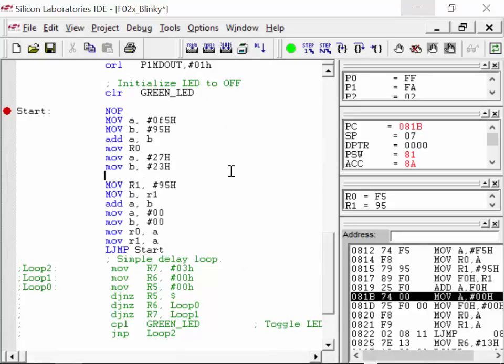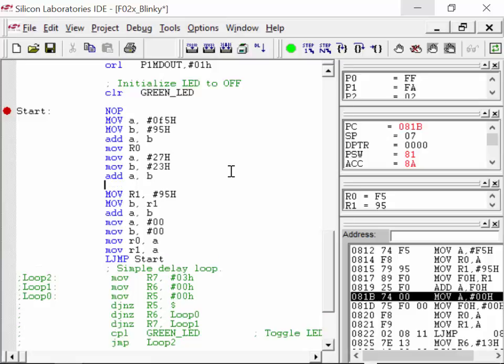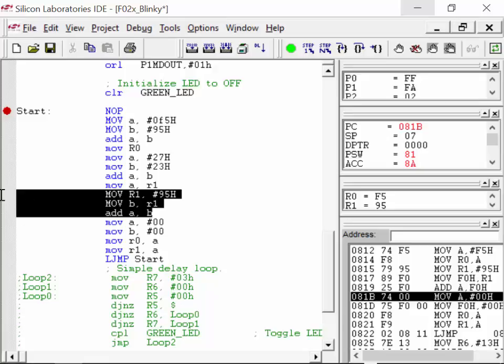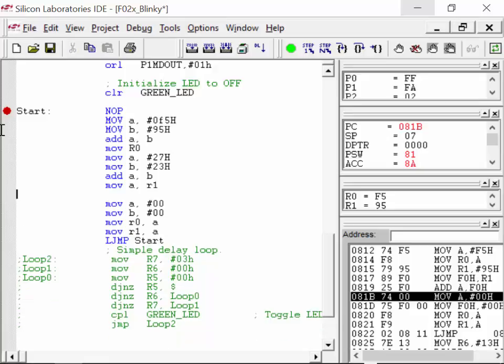Now I'm going to do an add AB, and move A to R1. Now this is going to give me the wrong answer. And the reason it's going to give me the wrong answer is because I didn't take into account the carry. So if I go through and I compile this,